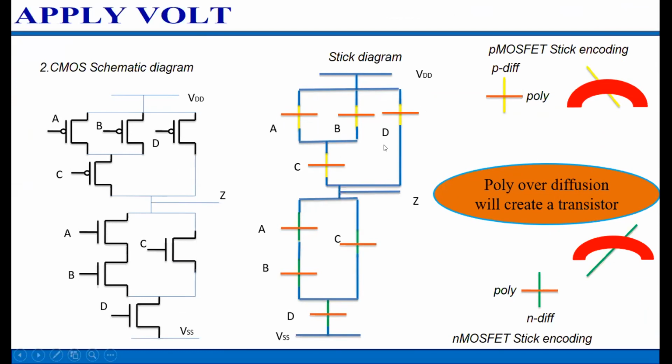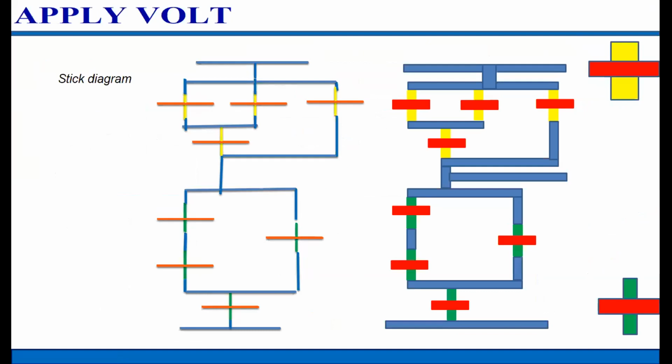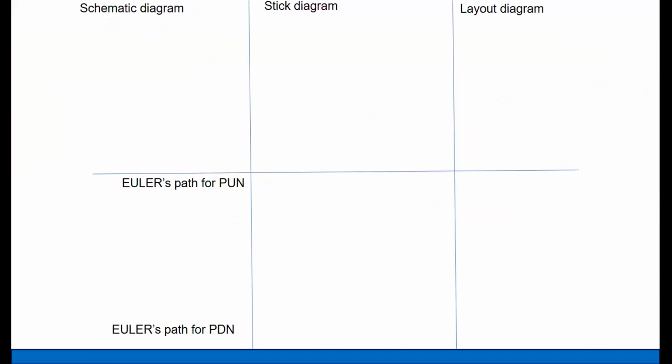What is the need of a stick diagram? If you do not have the stick diagram, you are unable to draw the layout diagram. If you are unable to draw the layout diagram in the proper way, your IC fabrication will become a tough task, because we are unable to define the different MOS layers. See here, exactly the same. The only difference is that your stick is a single-stroke representation, and your layout is a multi-stroke representation.